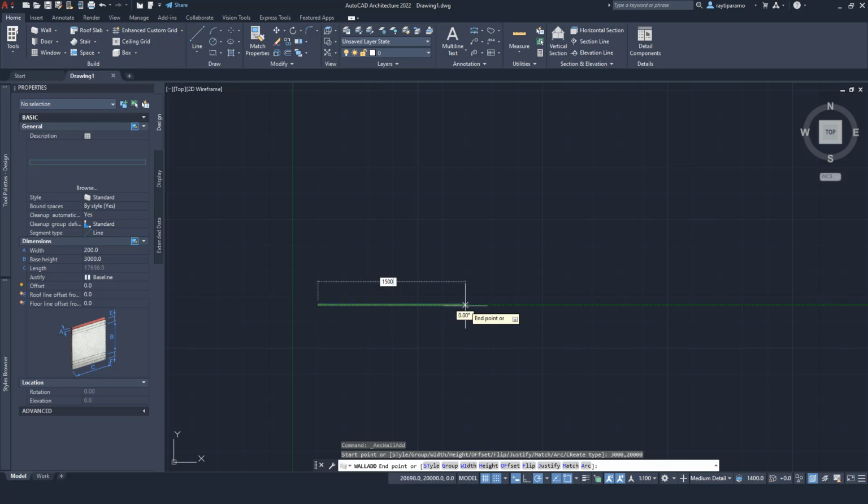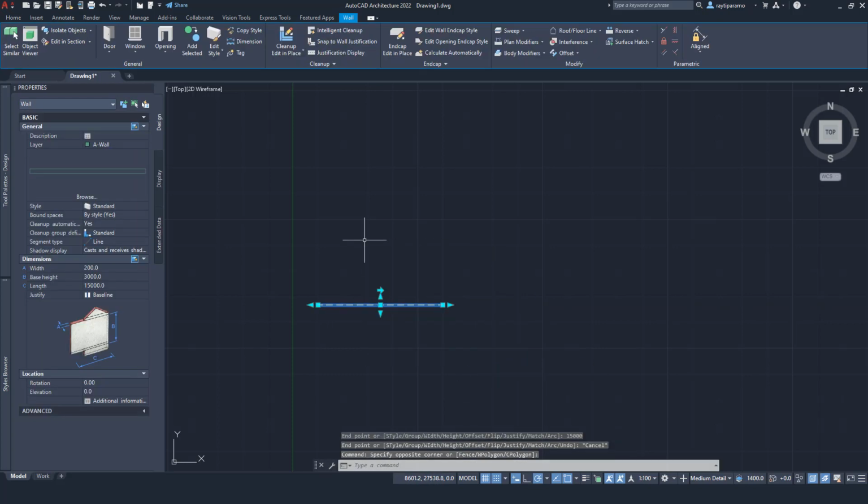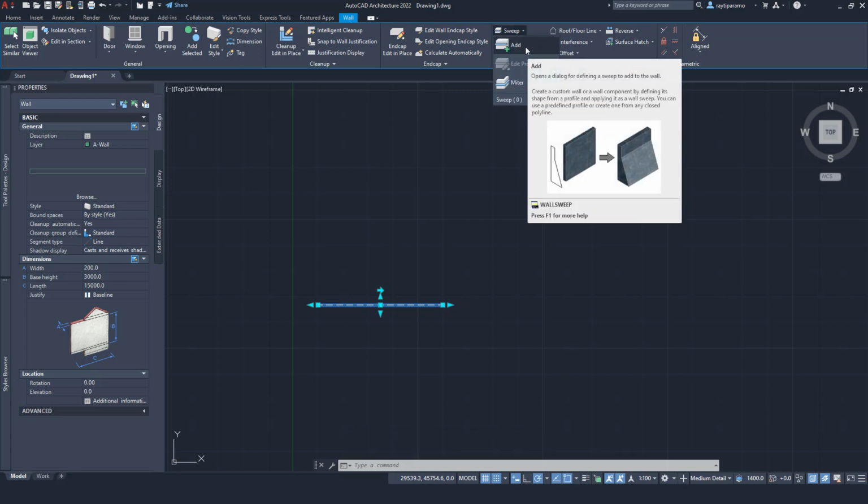Now when creating the walls, something that you can see is that if you select the wall, you're also going to have another option that is called Sweep on the Modify panel. And if you use this option, you're going to be able to open a window in order to add a sweep to the wall. So in this window that is called Add Wall Sweep,